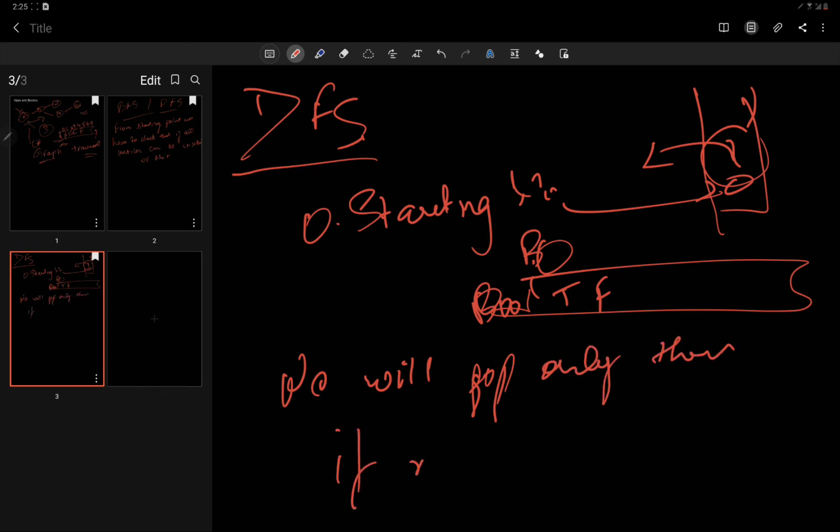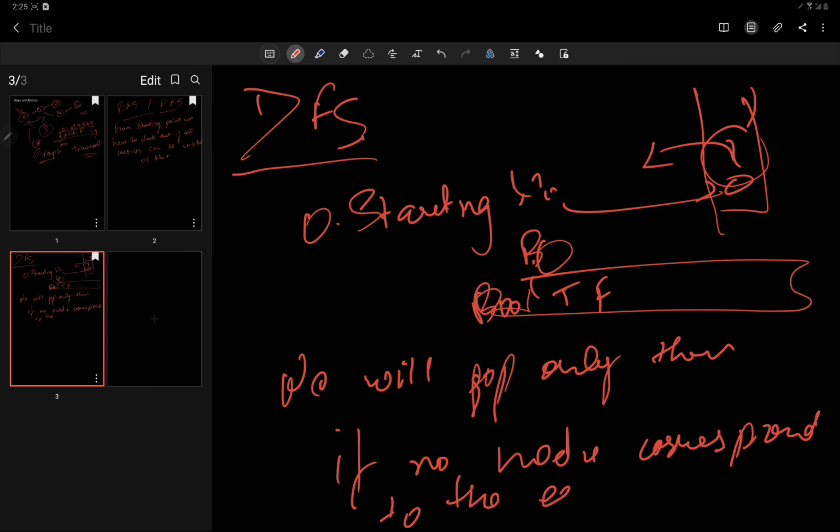Here we are not popping, but we are checking the top value, because we will pop only if no node corresponding to the edge can be added to the stack, alright. So that's the approach, and we'll keep updating our boolean array and see at the end if all are true. That means the point from where we started can be the starting point, because from that point if we go to other rooms, then all of the rooms can be unlocked.